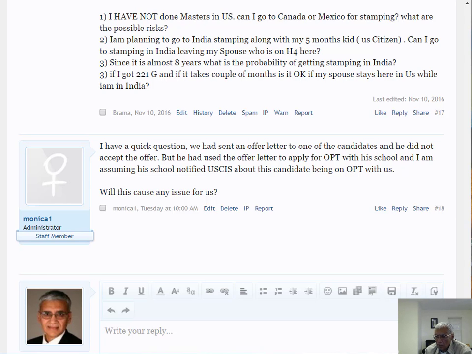My question is, is the I-131 a one-time re-entry permit, or is it multiple times? Say for some reason I have to come back in 4 months and go back again for 2 years, do I have to apply again for the re-entry permit when I'm back in 4 months, or is the permit that I have for 2 years valid throughout the period? Okay, ma'am. It's a multiple entry document. And the fact that I have stayed for the last 6 months outside of the US in India, will that shorten my permit? Will I get a permit of less than 2 years, or it doesn't matter?